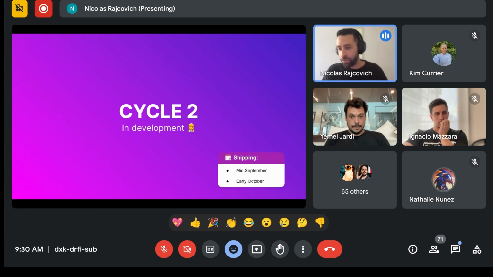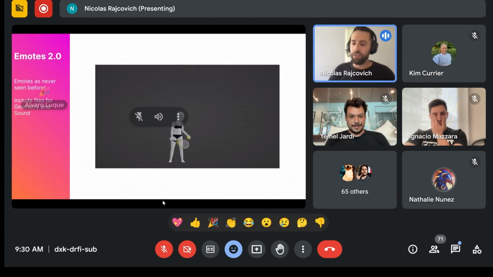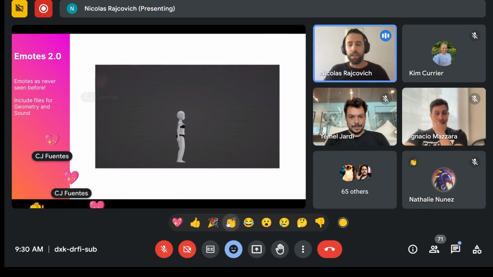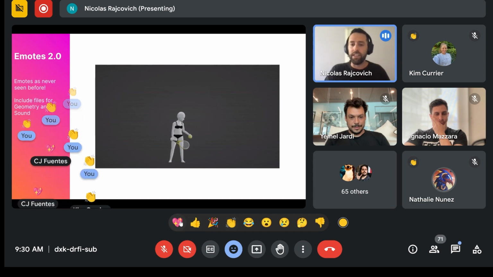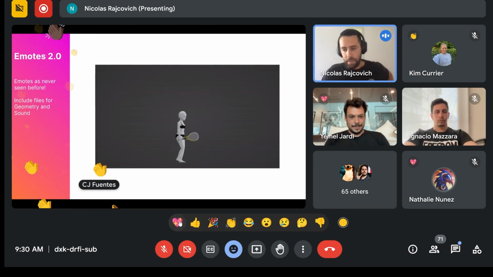So the first one is a bomb, at least for me. We already talked about this in the last Twitter space last Wednesday. So if you were there, you already know this. But for the rest, we are working on Emotes 2.0. This is the evolution of emotes. Super excited for this new feature. As you can see, this is a supercharged emote. We're going to include two things mainly.